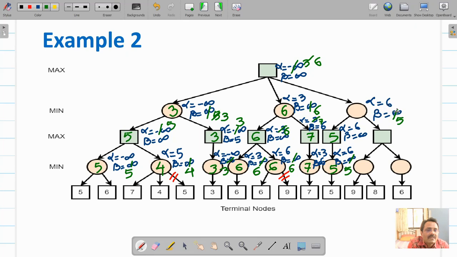Now here look at this. Alpha is greater than beta, or your beta value is less than alpha. So here alpha pruning will be done. Condition is satisfied, so you need not have to proceed further. Here you are going to prune the corresponding branches. So value associated with this node will be 5.